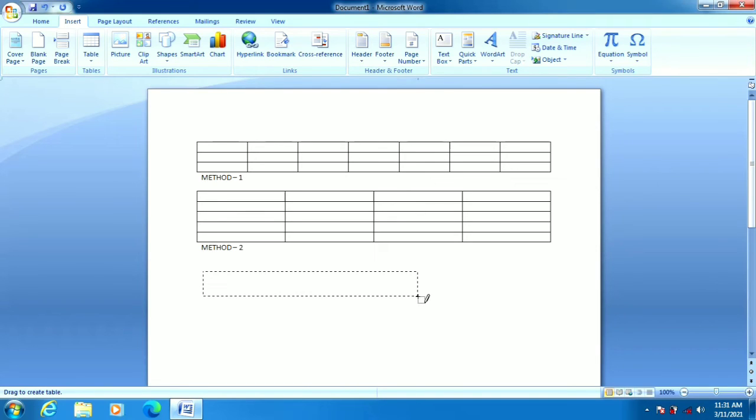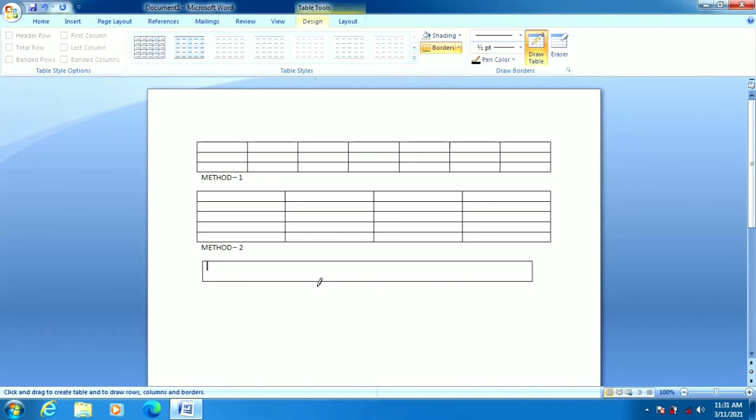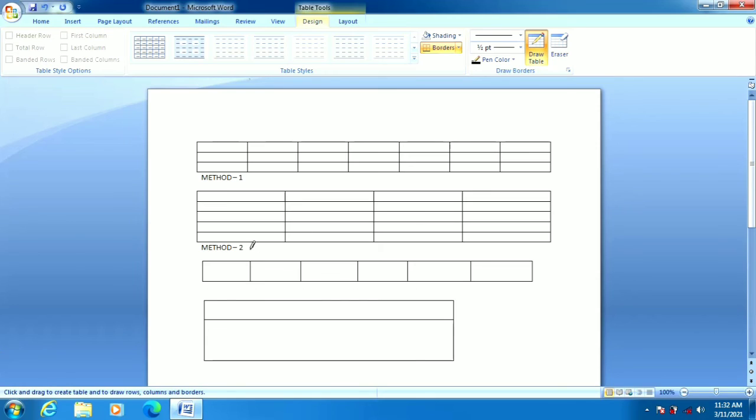The cursor changes into a pencil. Use the pencil to draw the columns and rows in the table. Press the Escape key when you are done. Children, look at this, how to draw the column. Another model I will show to you.